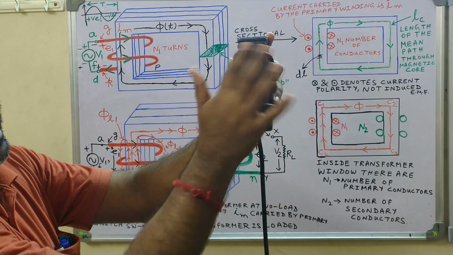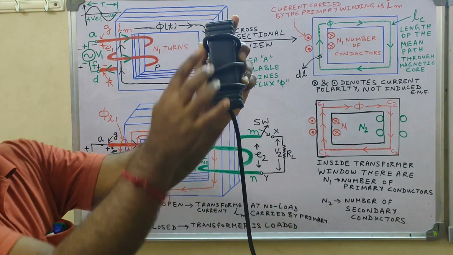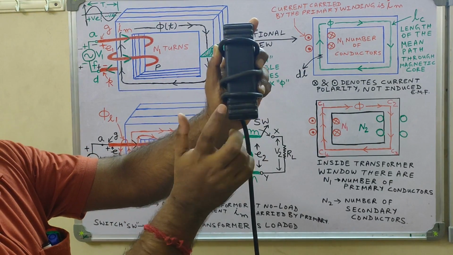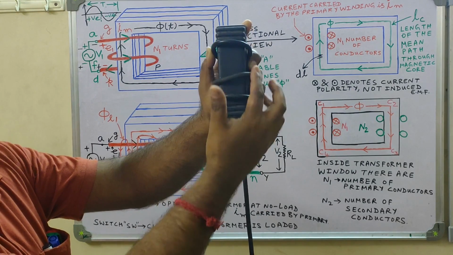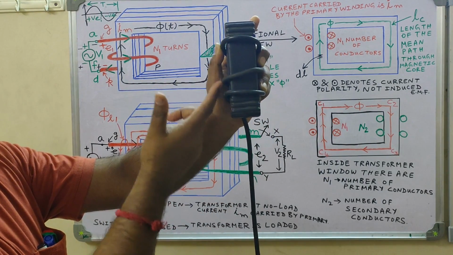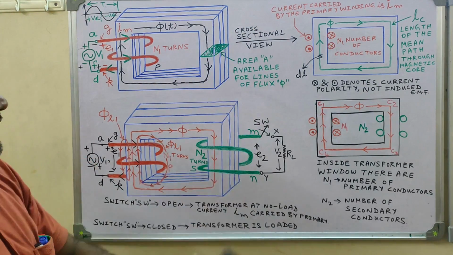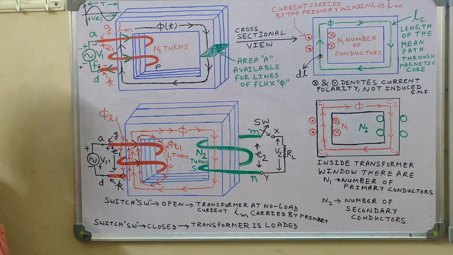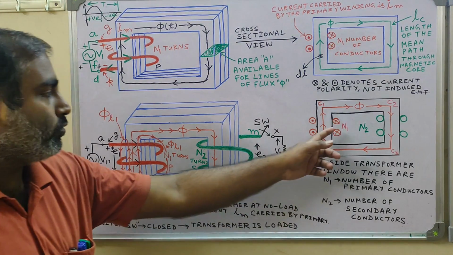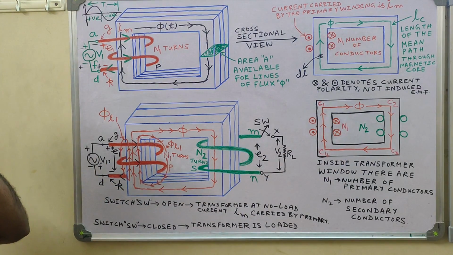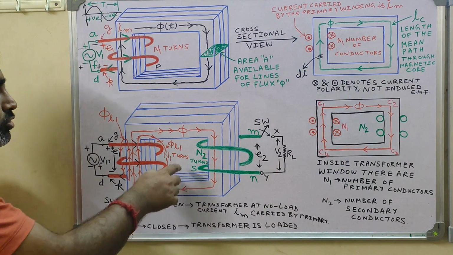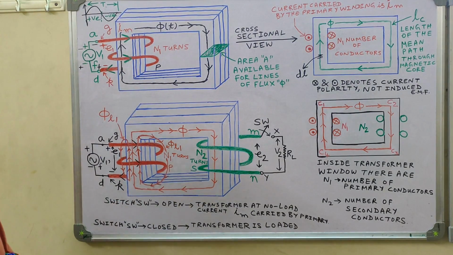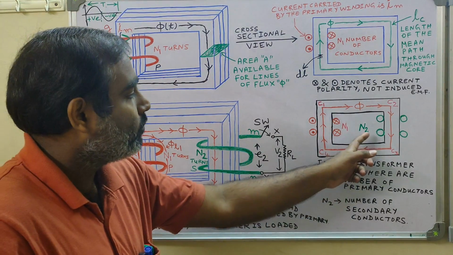But what was the number of turns? 3 turns. So that is what I am saying: if the winding has 3 turns around the limb, then the number of conductors on this side of the limb will be 3. On this side of the limb also the number of conductors will be 3. That is what is indicated here: the primary coil P has N1 turns, so it will have N1 conductors in the transformer window belonging to the primary coil. The same goes for the secondary coil S, which has N2 turns, so there will be N2 conductors belonging to the secondary coil in the transformer window.